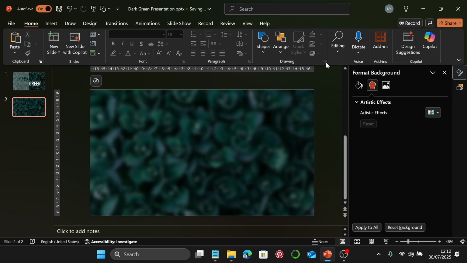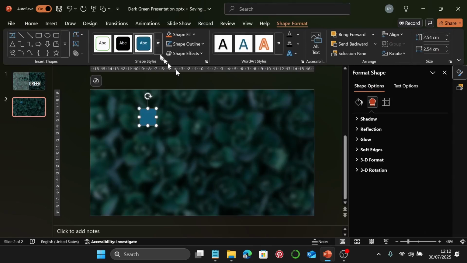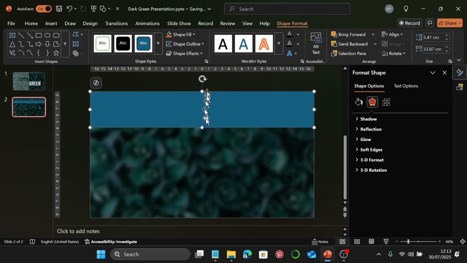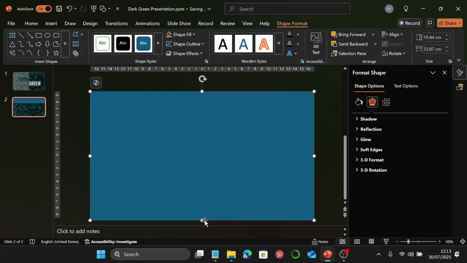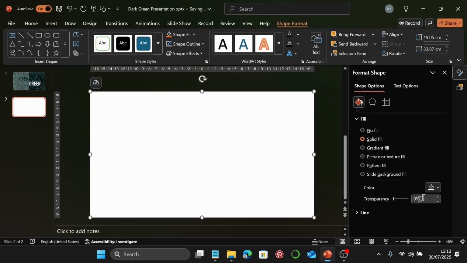Now we can insert a shape. So go to shapes, rectangle. I'm just going to click to insert a rectangle. I'm going to remove the outline, and I'm going to extend the shape till it covers the entire background. And now while I'm here, go to fill, change the fill color to white, and make the transparency 75%,